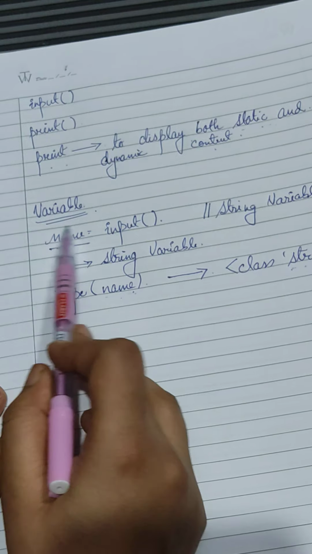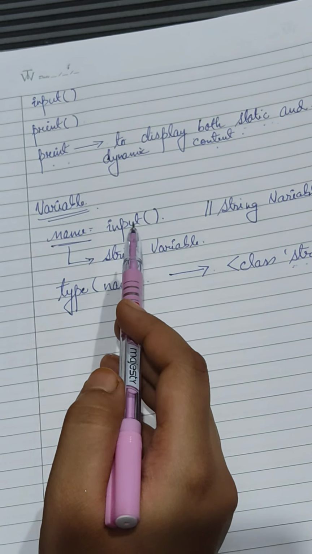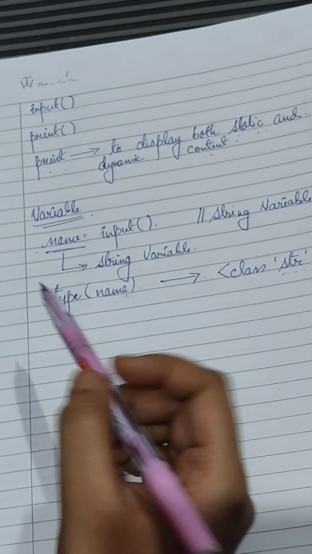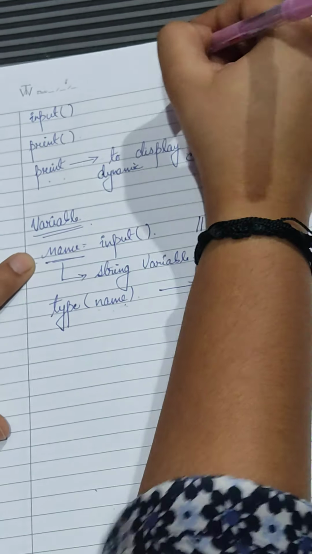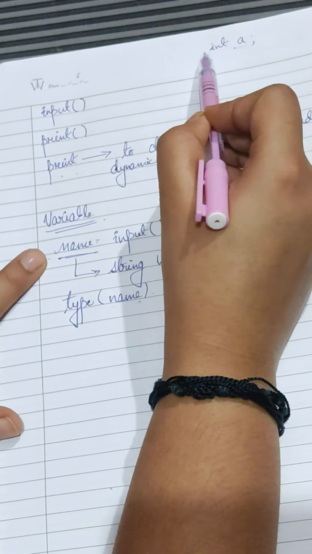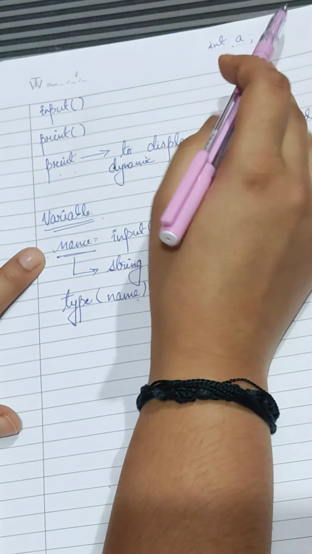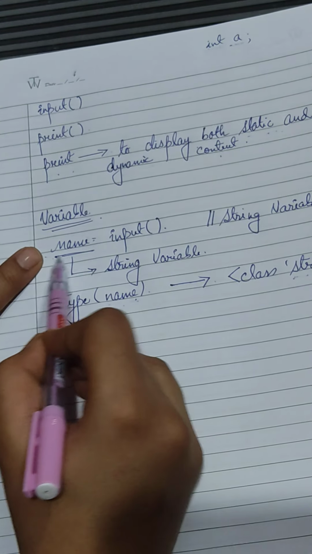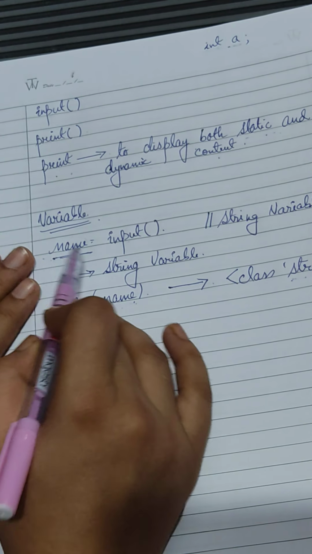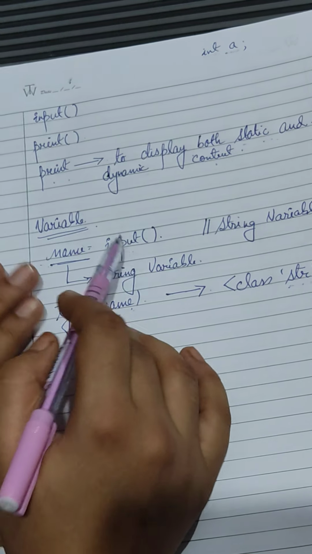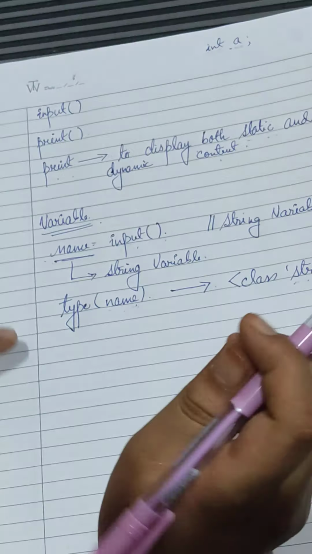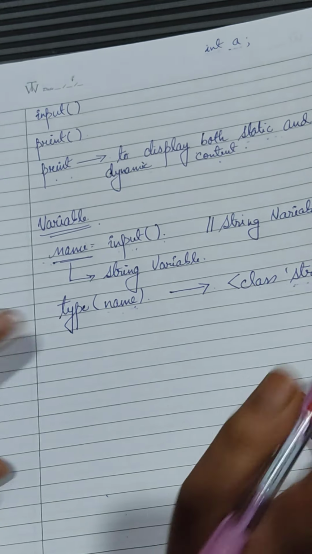This represents that name is a variable of the string type. Python does not work like C or C++, whoever knows them, where we define int a, meaning a variable can contain only an integer value. In Python we don't do it like that. Here, at the time of declaration and initialization, we define that name contains a value of the string type, right? So type of name equals class str, right?